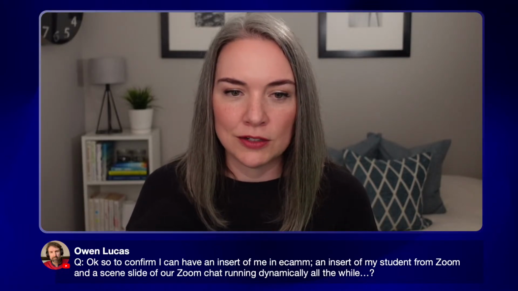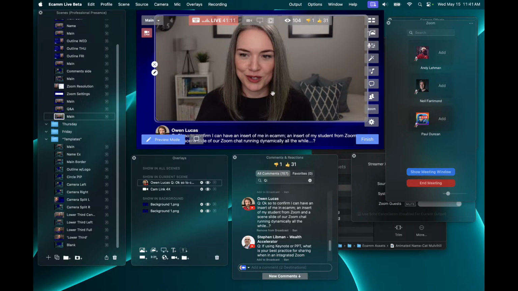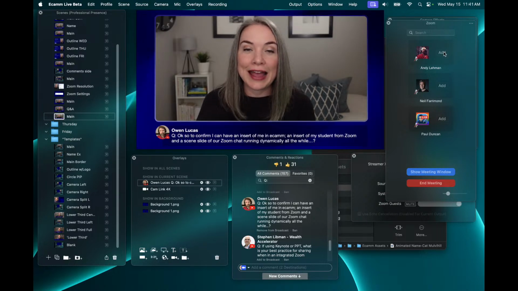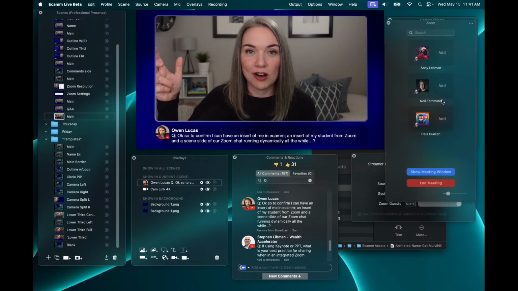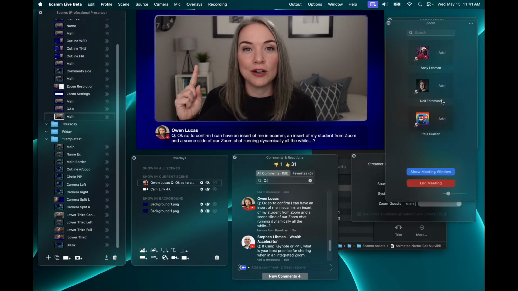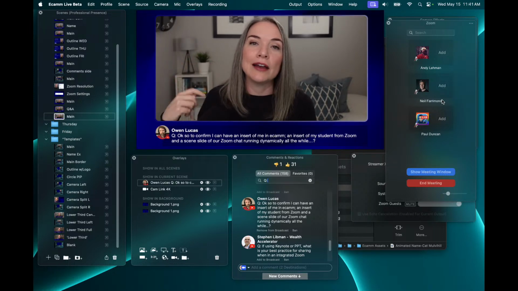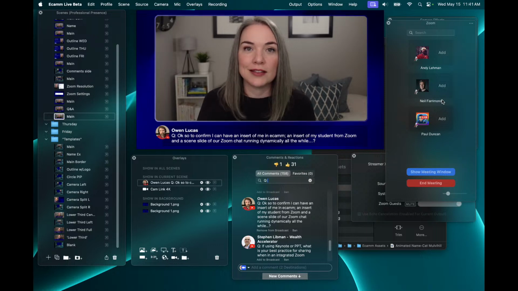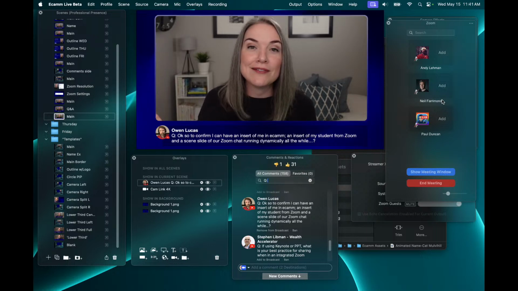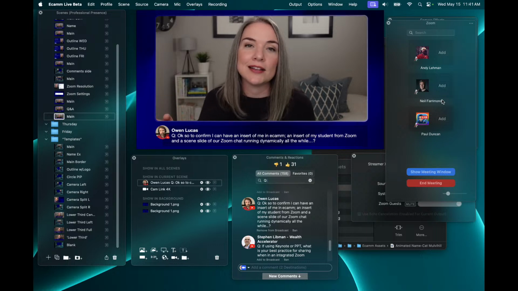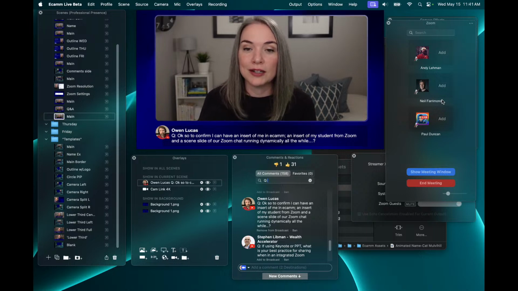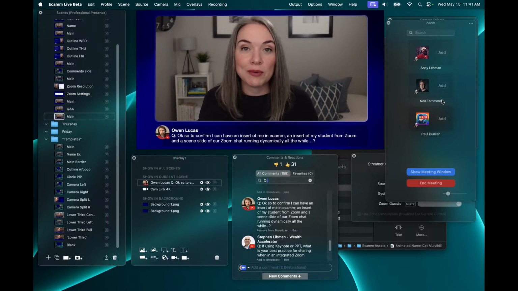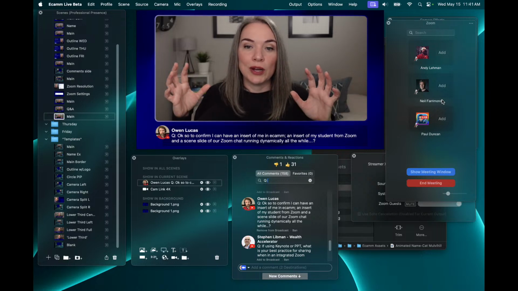But if I go back into our live demo mode, make sure I'm showing the right one, you will see here that I have the option to add all of the people in the meeting. I can add them to a scene. So I can actually have their camera turn on and then I can bring that. As soon as you turn a camera on, if you add someone, everyone is going to get a notification that this is being streamed if it's set to live streaming, even if it's not. I believe that's still the case. And that is because Zoom wants people to know if they're being captured somehow, if this is being recorded. But if you're okay with that and that's what you want to do, yes, I could have a